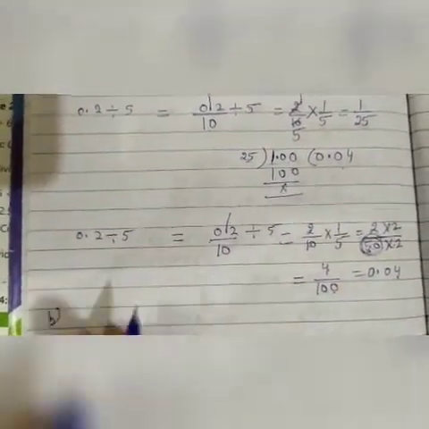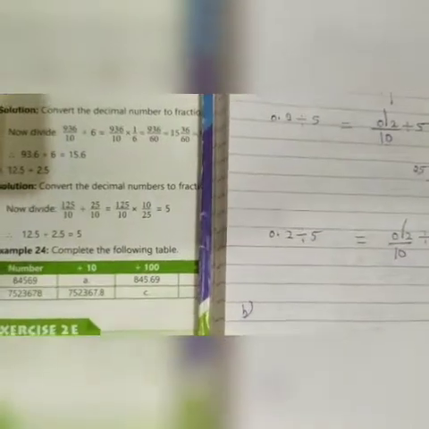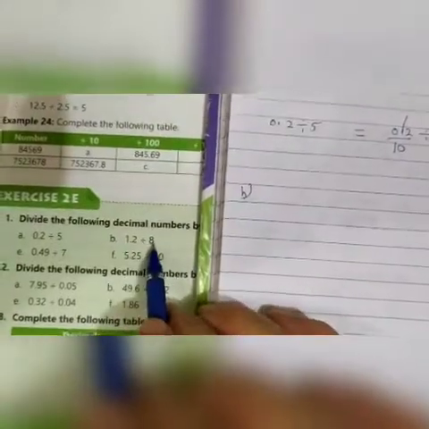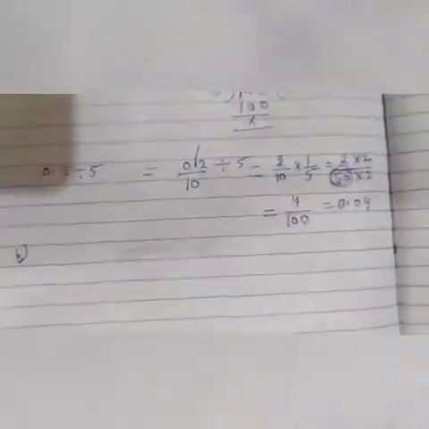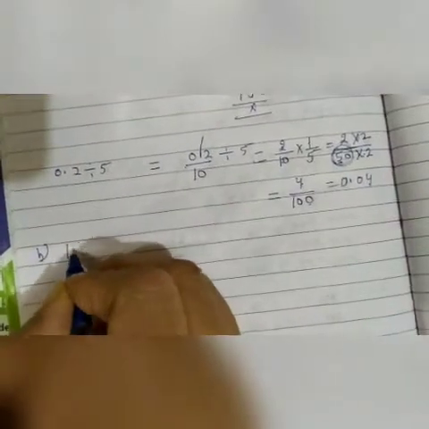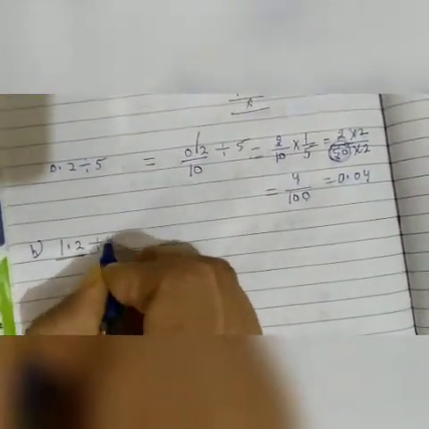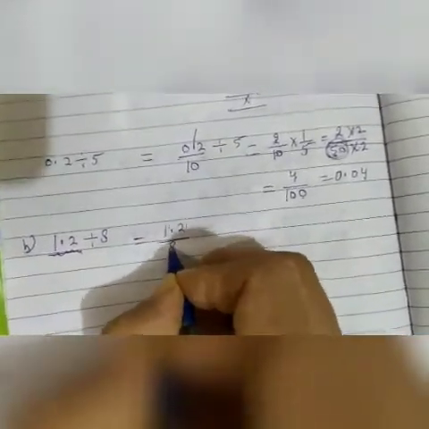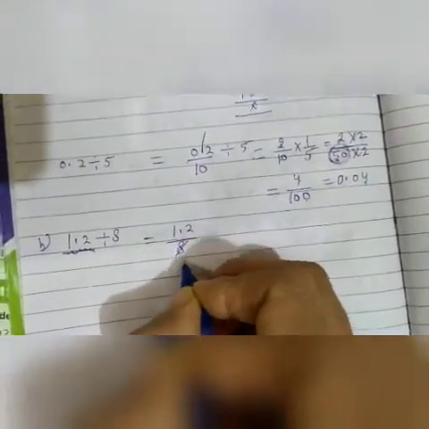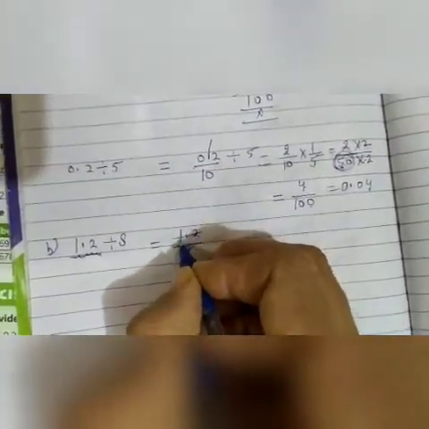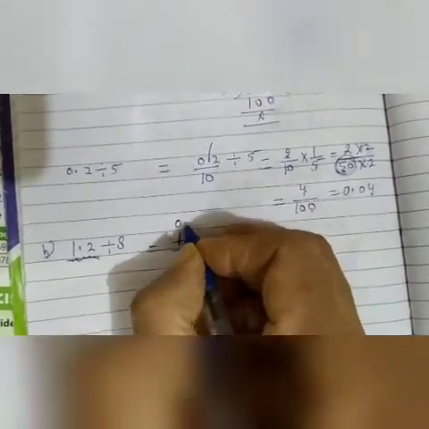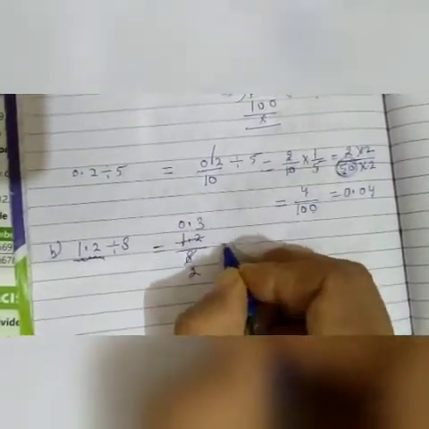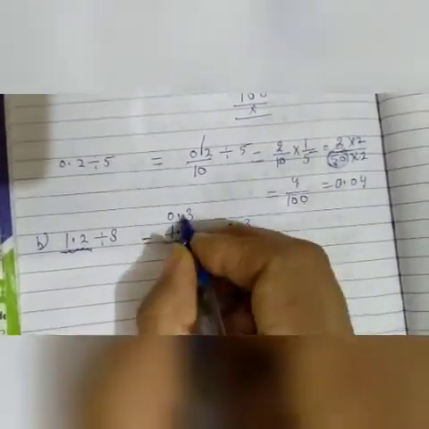Now come to its B part. In B part we have to divide 1.2, see, 1.2 divided by 8. Again, first we will write it as 1.2 upon 8. We will simplify it by 4. 4 1 ja 4, 4 2 ja 8. We cannot read the table of 4 under this 1, so 0. Then this decimal, now it is 12, 4 3 ja 12. It is 0.3 upon 2.